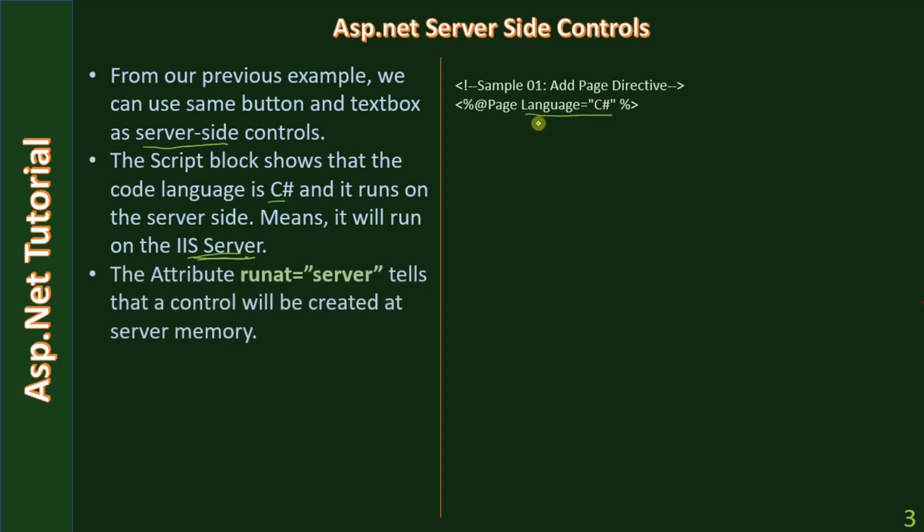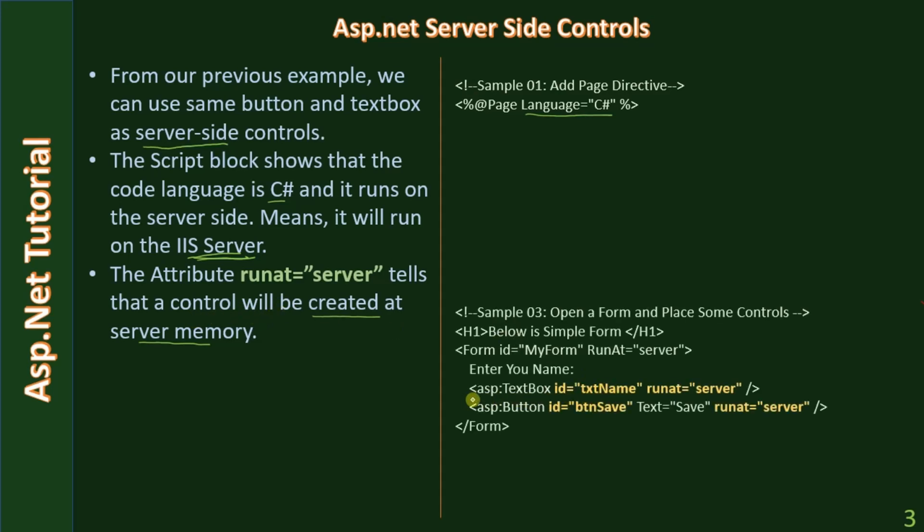The attribute runat equal to server tells that a control or a specific code block will be created at server memory. So here you can see there is a form tag and there is a closing form tag, and we specify ID for the form and specify the attribute runat server. Similarly,